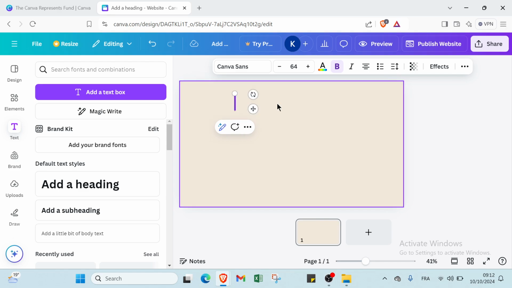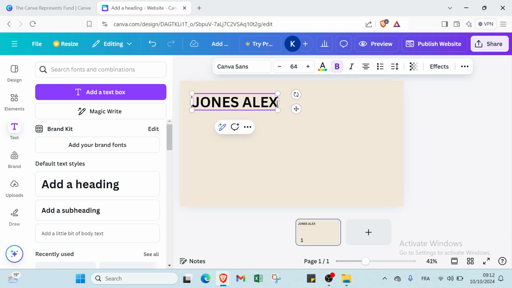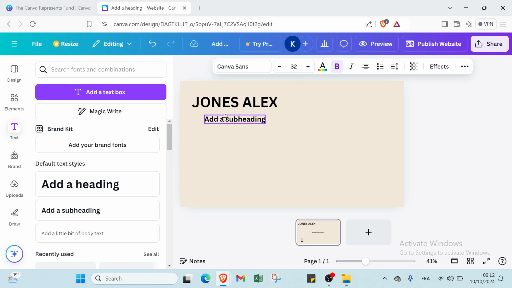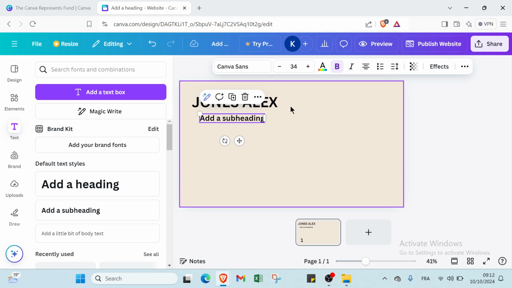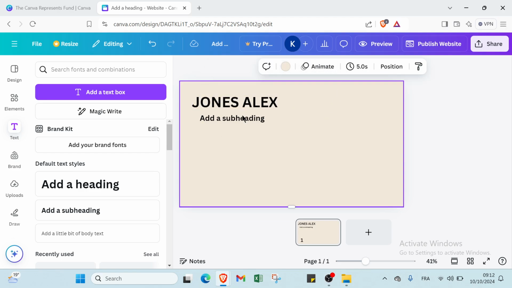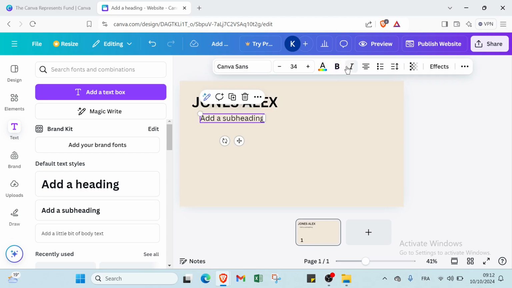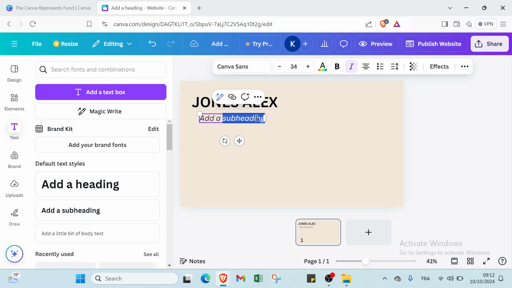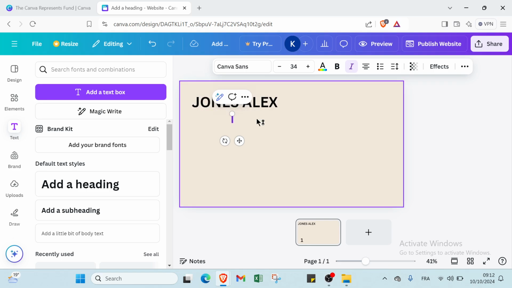I will just write here John's Alex, and I will add a subheading. Then I will choose also here italic. This one I just choose italic here, and I will add something here. For example, I will add